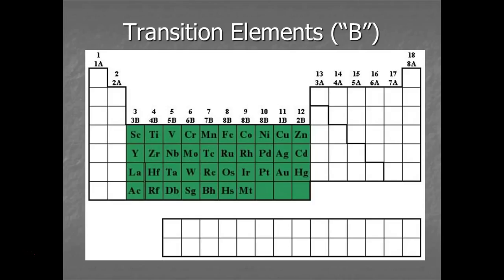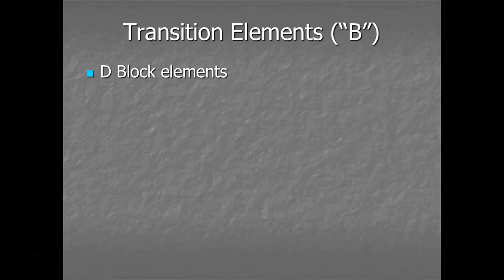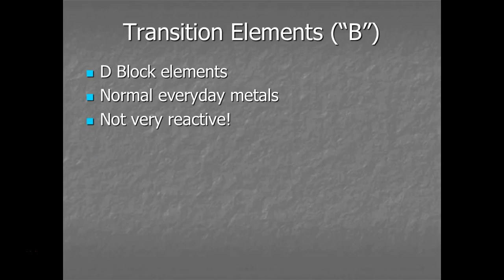Next, this big chunk of elements here, which we would call the D block, those are called transition metals. When you think of normal metals like copper and iron and gold and silver and things like that, those are all transition metals. And you don't really think of the alkali metals or the alkaline earth metals as metals because they don't exist in everyday life, but these transition metals are the common ones. We see them all the time.